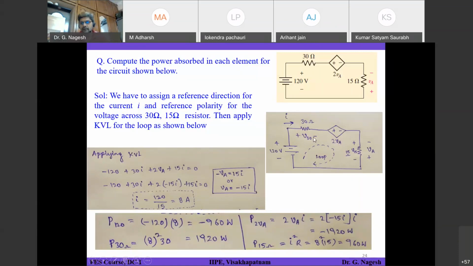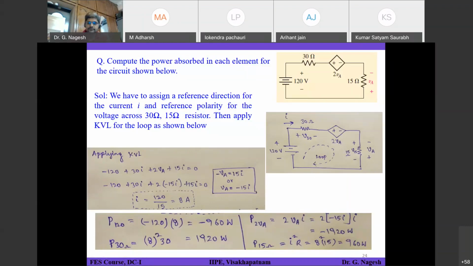Here also some resistor is there. I have denoted it with plus and minus, and I have given it a variable name, V15. Of course, in the question some other variable is given, called VA. You can solve using this and then relate these two. So to avoid confusion, first denote the current direction and then give the polarity for all the passive elements. Here the passive element is the resistor. This is the job you have to do when you apply KVL to a circuit: denote the current, accordingly denote the polarity for all the resistors in your circuit, and then apply the KVL loop. So this is what we have discussed.